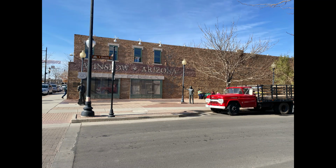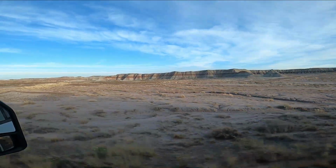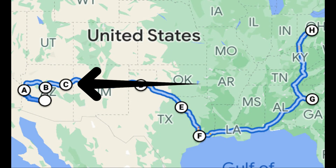In our last video, we stopped in Winslow, Arizona and the Petrified Forest before driving US 40 east to Gallup, New Mexico. We got in after dark. We pulled out the slides and set up Nilly, our 2021 Venture Sports Track travel trailer, in the dark in